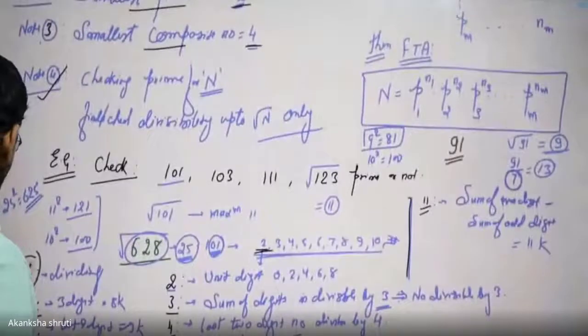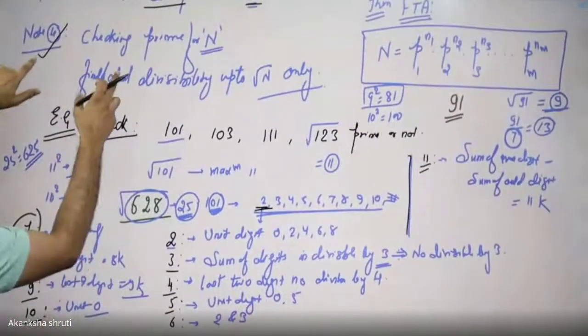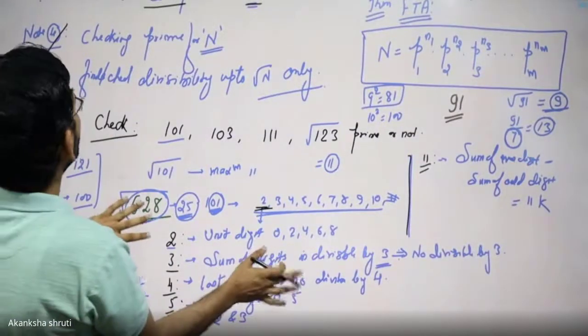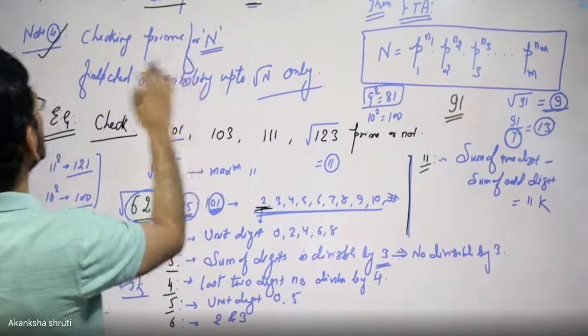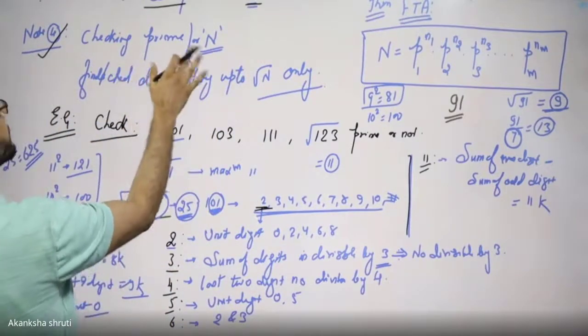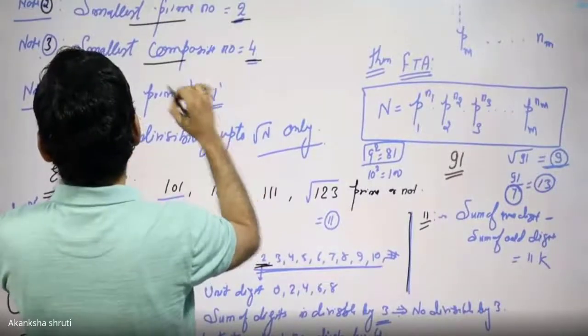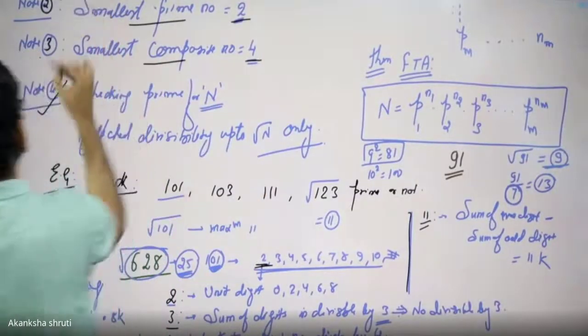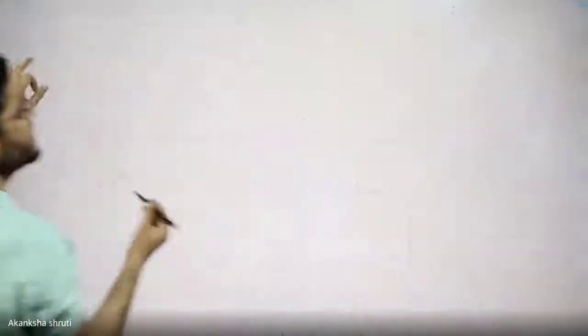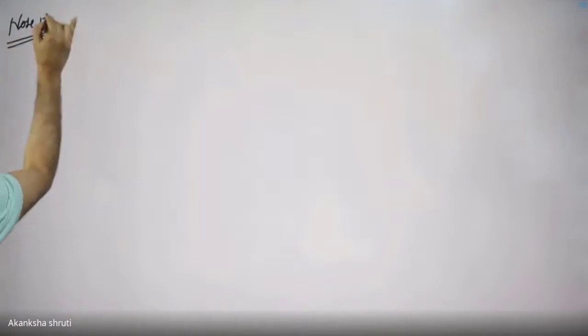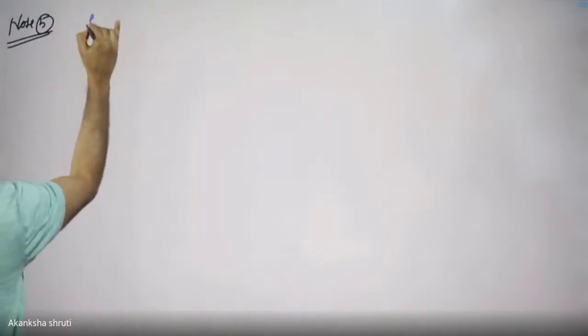So it was this one. Divisibility rule is very important. So I have summarized those divisibility rules also. So checking for the prime is another important one. So this was our fourth. Write one more thing. All right, for note 5, students, the fifth thing that you have to keep in mind, for proving any number as composite,